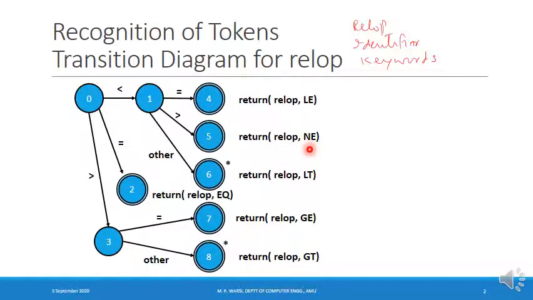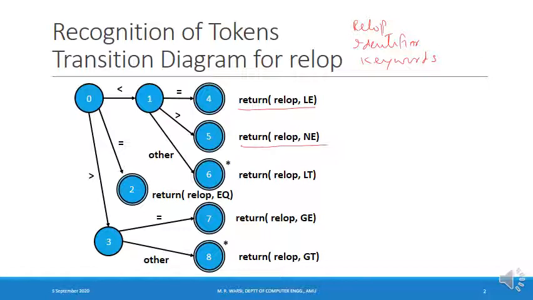You must note here that when we are designing the lexical analyzer, we are designing the finite automata, and then for each of the final states we are also designing the action. For example, the action for state number 4 is this, the action for state number 5 is this, and so on. So when you design the lexical analyzer, you will also have to specify what action will be there for each of the final states. The action may vary from one final state to another, but for most of the final states, the action will be returning the token to the syntax analyzer.